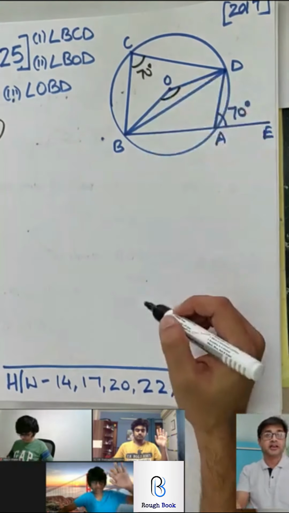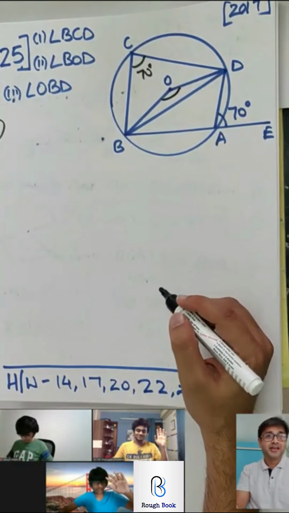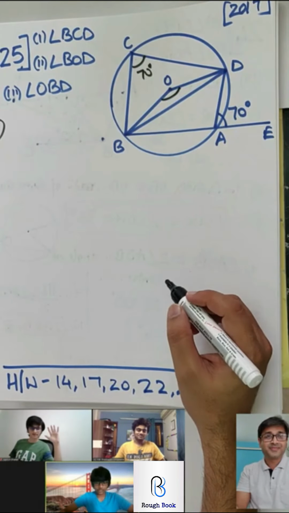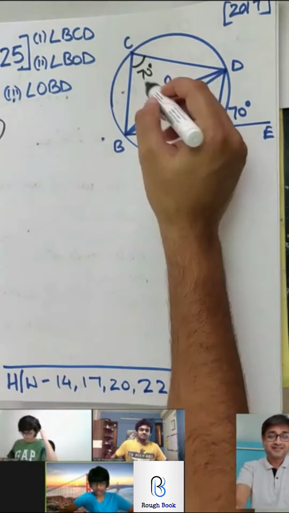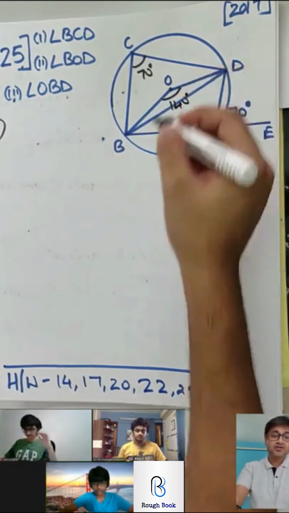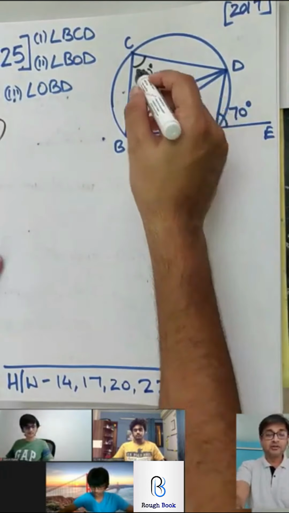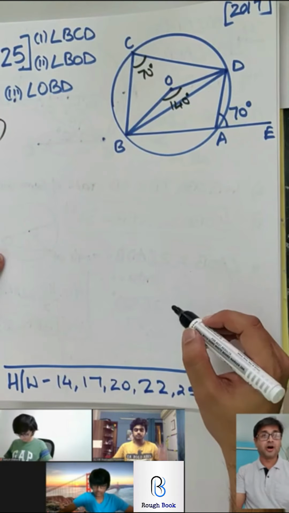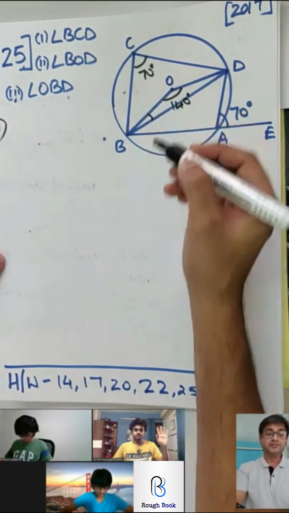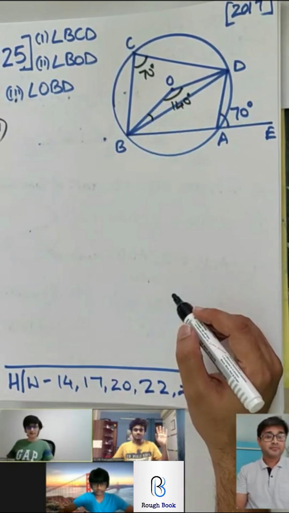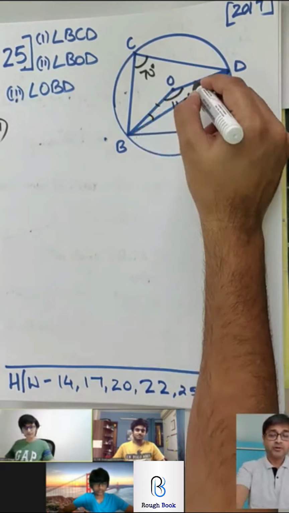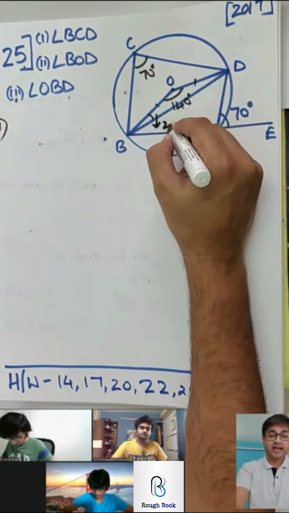BOD, come on, who's giving me the second one? BOD, Shubhan already has his hand up. Yes, Balan. So we can say that BCD is equal to half of BOD, and since we already found BCD, 140. Yes. Angle at the center is double the angle on the circumference. Last one, Bhakar, come on, give it. OBD. OB and OD are radii of the same circle, so isosceles property. Super. Radii of the same circle, so base angles are equal.